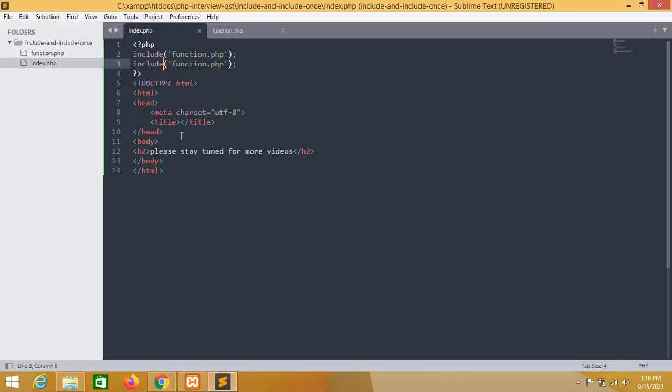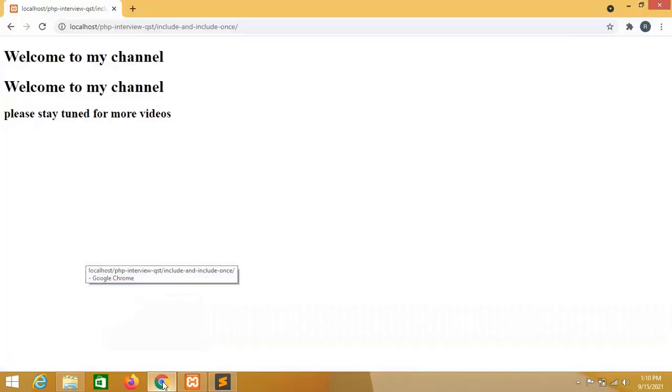So it is better practice to use include_once, so that the output of function.php will be included in index.php only once.